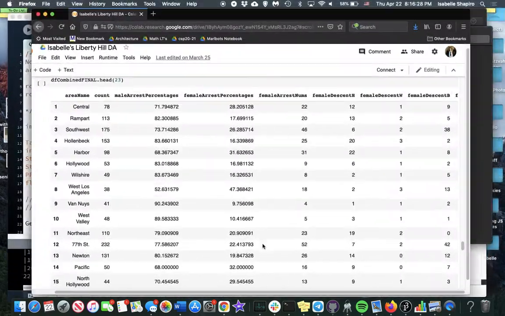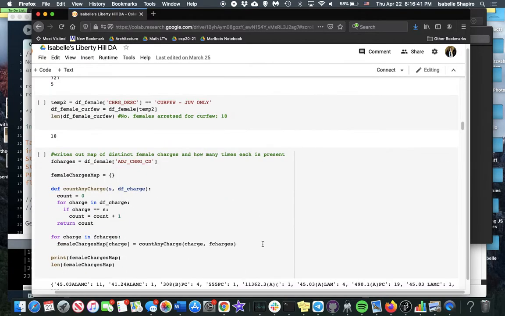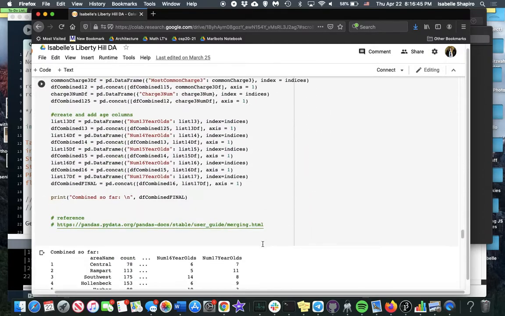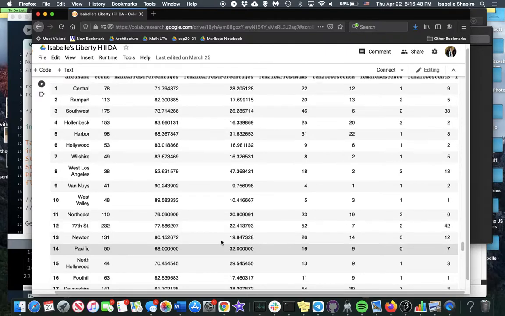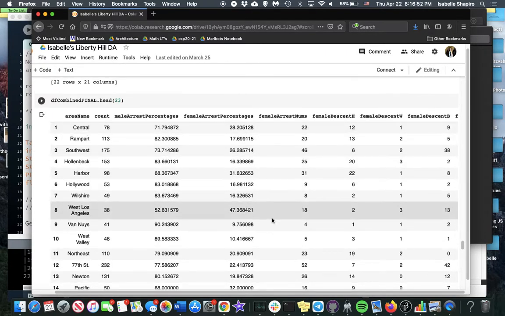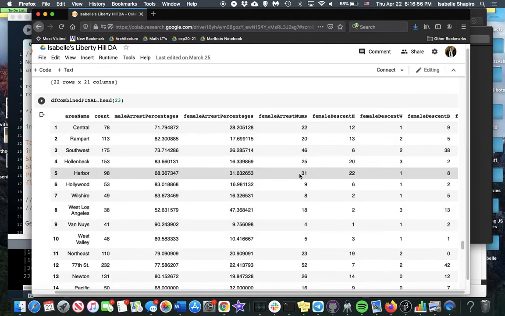So I did all of my data analysis in Google Colaboratory using Python. After meeting with a representative from Liberty Hill, I determined what information I wanted to find from this data. For each area number, I wanted to know the name of the area, the total number of arrests, the total number of female arrests, and what percentage of the area was female,